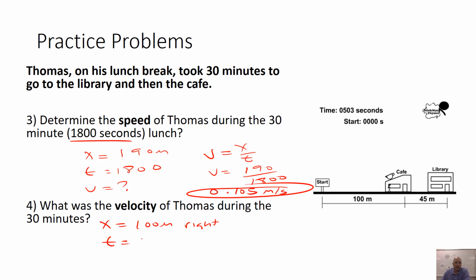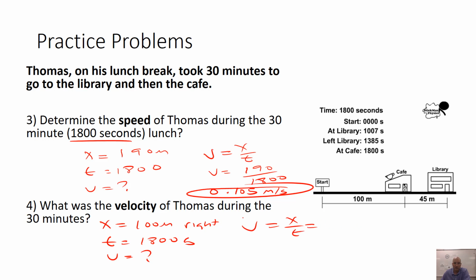And we're going to have a t of 1800 meters. And we're going to have a v of 1800 seconds. And then we're going to have a velocity that we're trying to solve for. And now we're going to go ahead and do v equals x over t. I'm just going to write these numbers to the right of this. X is 100 and the time is 1800. So when we answer this question, 100 divided by 1800 equals